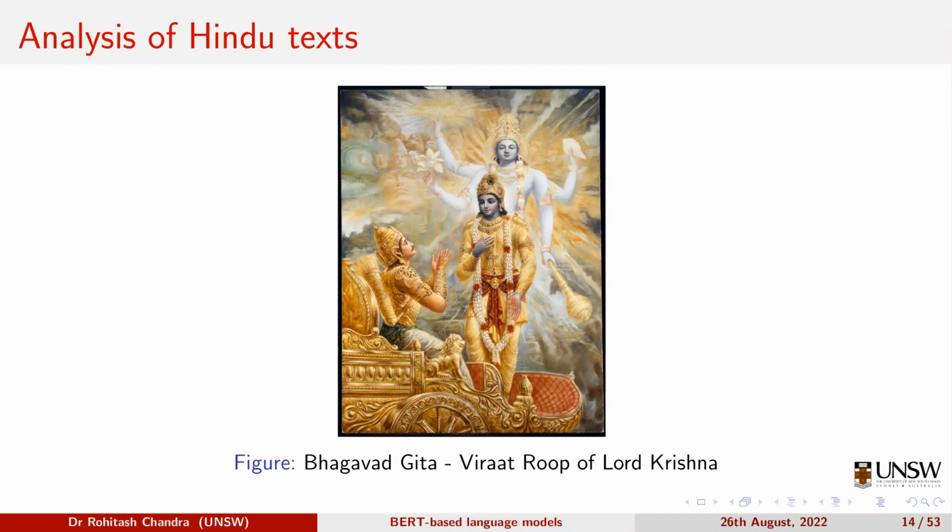So this is basically the climax of the Bhagavad Gita, where the Virat Rup, or the great cosmic presence, the cosmic consciousness of Lord Krishna, is expressed and revealed to Arjuna, right? So note that with this Virat Rup, a lot of themes in the Bhagavad Gita are very symbolic. And